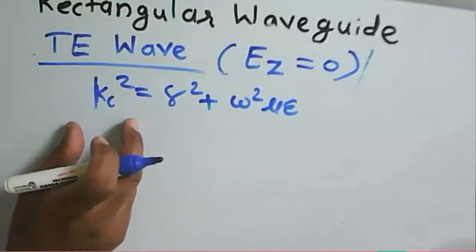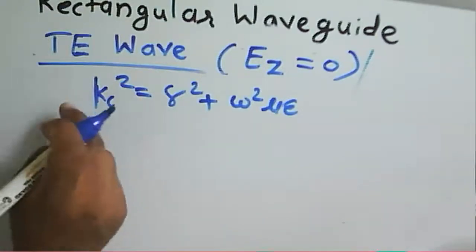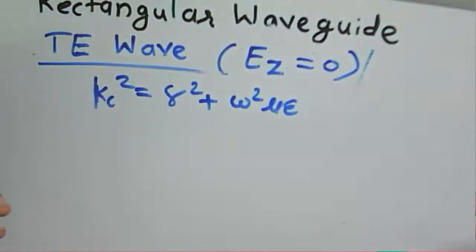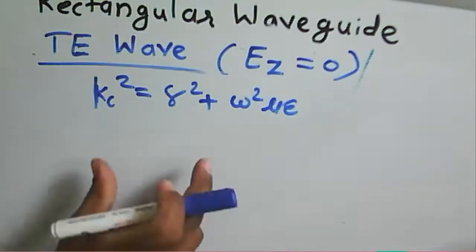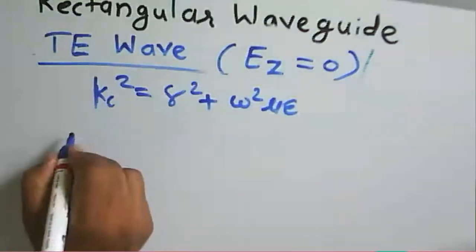Generally we say it is about eigenvalues, and that can be defined for this rectangular waveguide. There are some limitations, or boundary conditions, for this given waveguide. So if you rearrange these terms here,